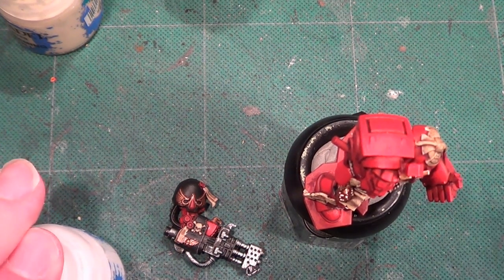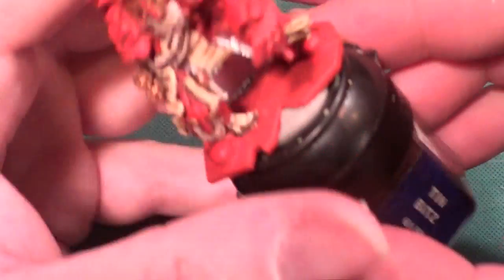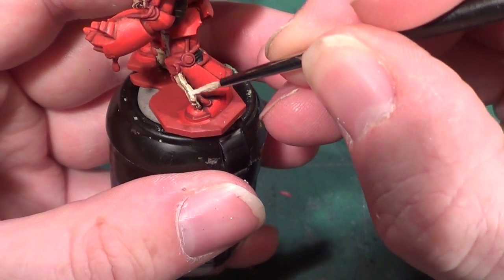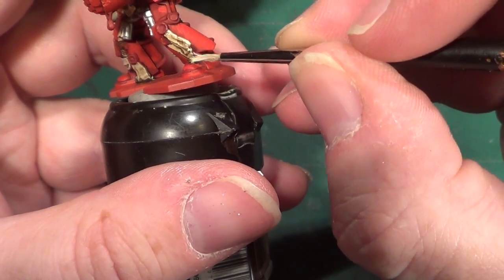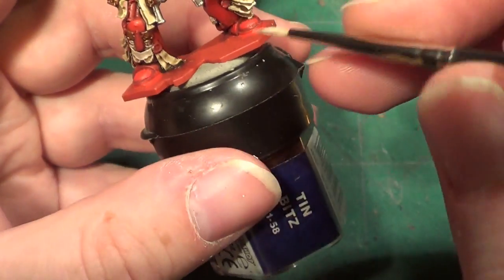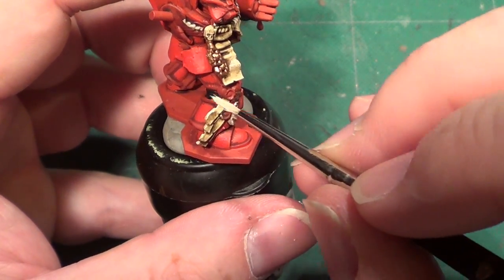and then we want some water in there as well. And what we're going to be doing is quite simply some edge highlighting, and we're just going to be going around the edges of the areas that we did in the Agrax Earthshade, in the Screaming Skull. So I've gone round there. We now need to go round here,